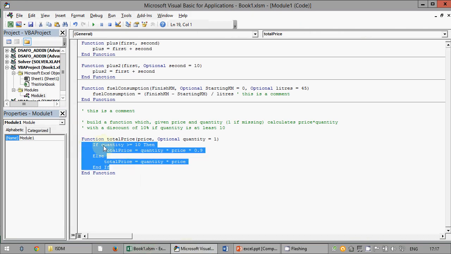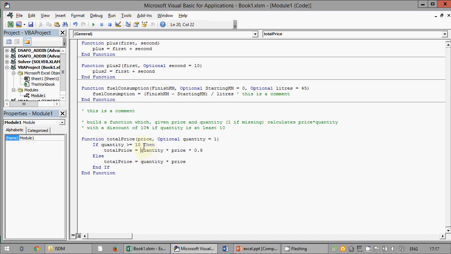In a condition, you can use the and, so you can use quantity smaller and something else, for example, quantity. Okay, so if you need, you can use the and, you can use or, you can use also not. And you can use the parentheses.